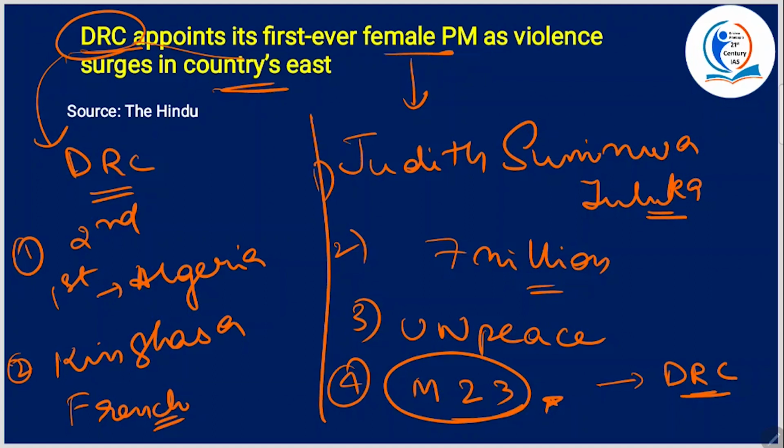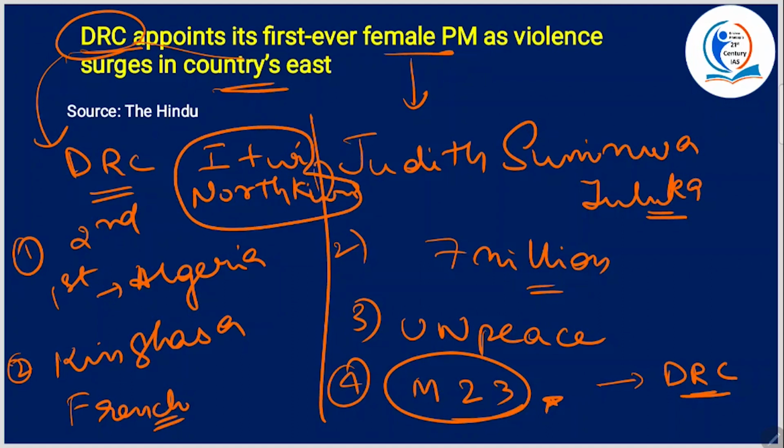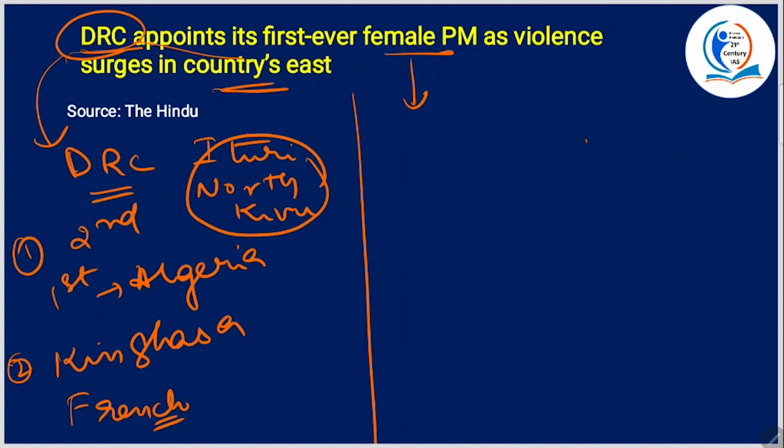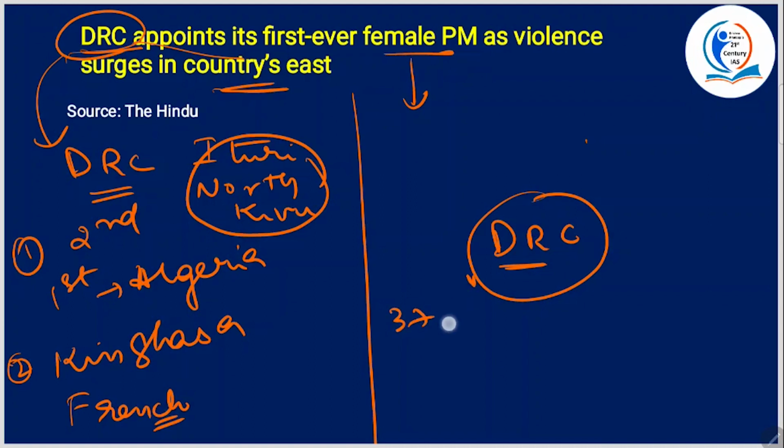All right. And yesterday, in yesterday's video, we have seen about two places. What are those? Those are Ituri and North Kivu. They are associated with Democratic Republic of Congo and the ongoing violence. It was given in the 2023 paper. And coming to the countries that are surrounding Democratic Republic of Congo, suppose DRC is here. Is DRC a landlocked country? Most of you would think so, but it has around 37 kilometers of coastline to the Atlantic Sea.